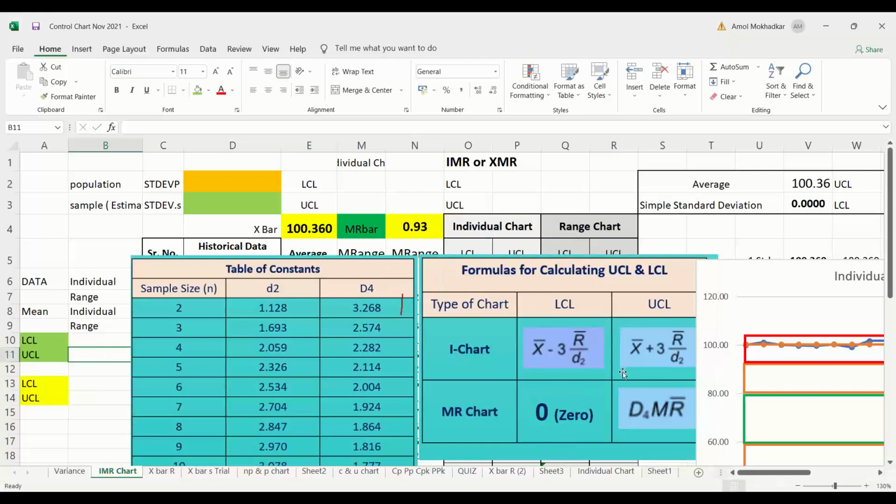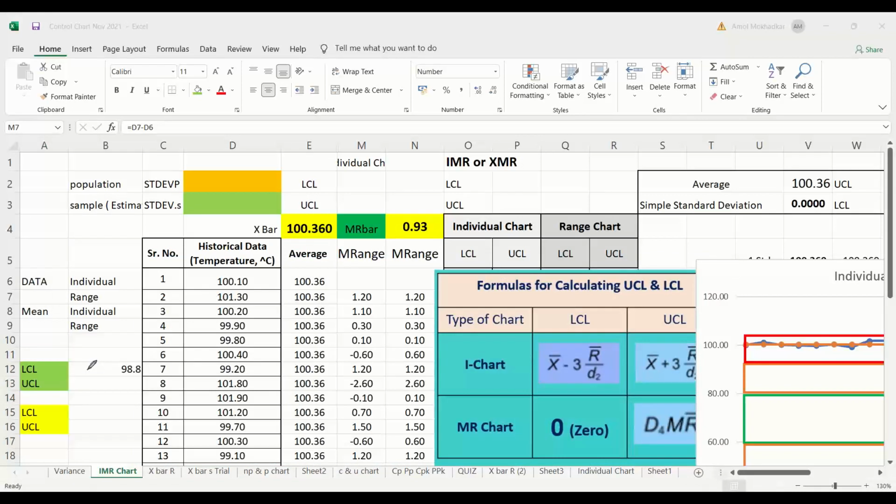Now calculate and let me know. What will be the LCL and UCL for individual data? This is for individual and this is for your range. Once you calculate, put it in your chat box.